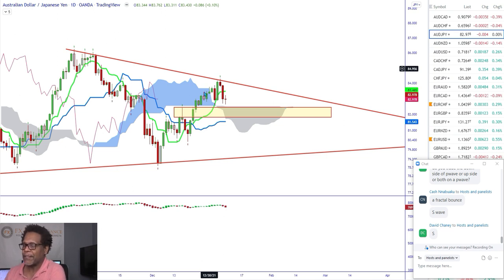But the basic stuff that we want to focus on is basically, where is the market going? What is the market doing? What structure are we in? What wave are we in? And so forth. That's what you want to know. So you want to know what the wave is. So right now, what wave are we in?